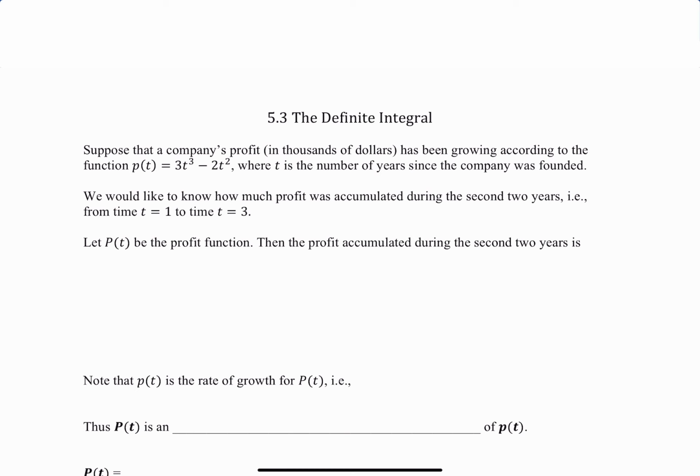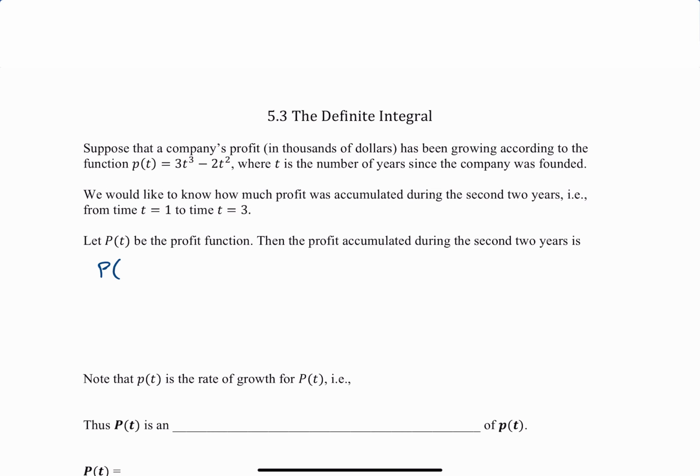We want to know how much profit was accumulated during the second 2 years, in other words, from time t equals 1 to time t equals 3. So let's let capital P of t be the profit function. Notice that little p of t is how the profit is changing, how it's growing. We want to think about the actual profit function now. So the profit accumulated during the second 2 years is going to be capital P of 3 minus capital P of 1,